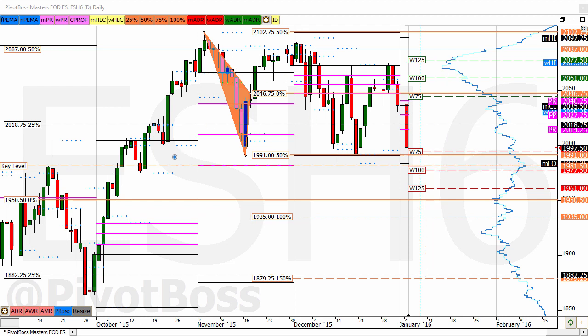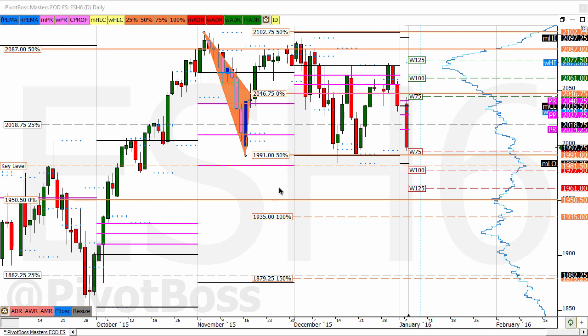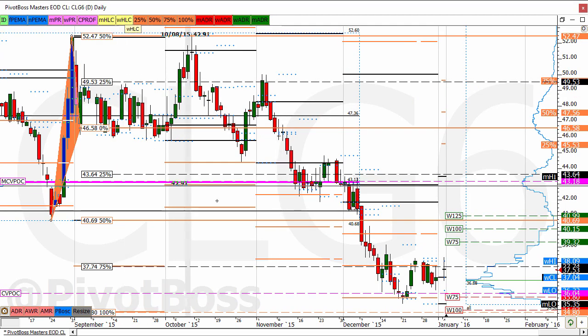Eventually, we're going to see significant expansion from this range. That's the key point here. But until that occurs, expect a potential reversal back in the range. Once we do see expansion, it will be significant, and we will likely see a solid push in the direction toward these expansion targets. If we take a look here at crude oil in a daily time frame now, you